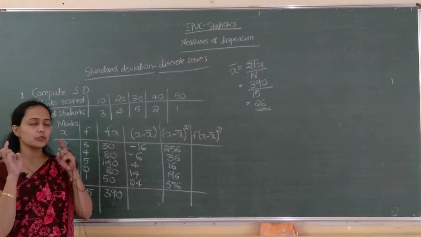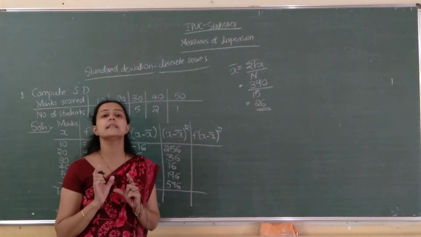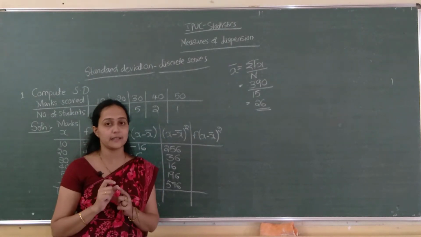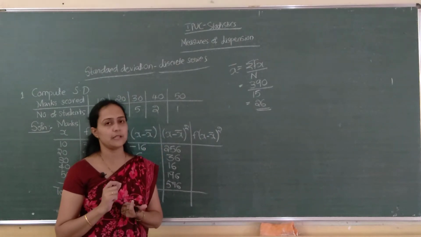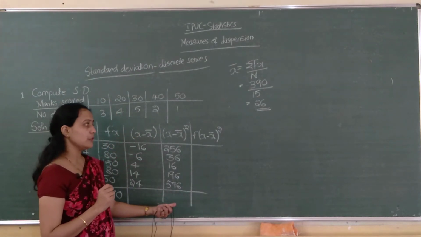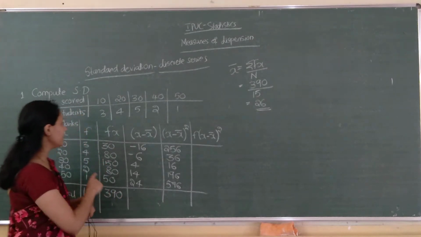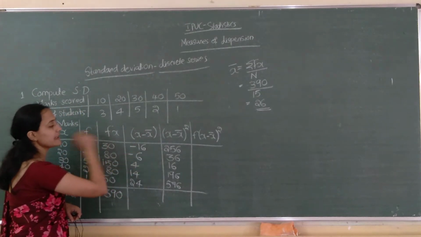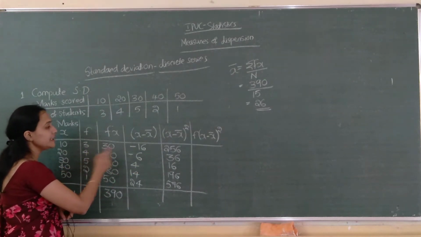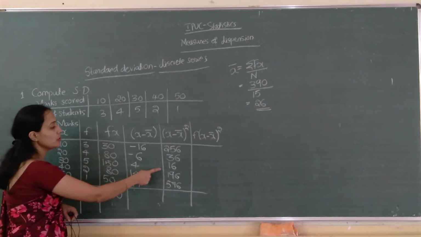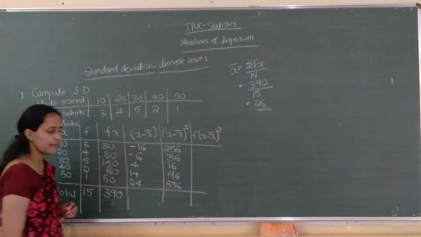Yes. So, just go through in your head what the formula is to calculate standard deviation, which formula you are applying. Once you know the formula, just construct the columns required for that formula. So, this is x minus x bar the whole square. The last column is f into x minus x bar the whole square. F is this one, x minus x bar the whole square is this one. 3 into 256, 4 into 36, 5 into 16, 2 into 196, 1 into 576.